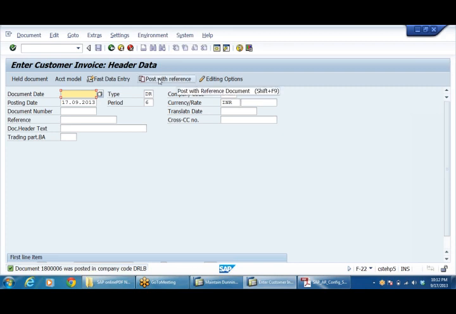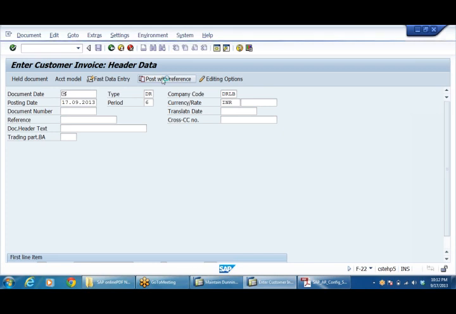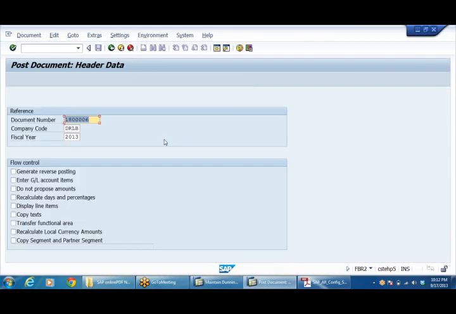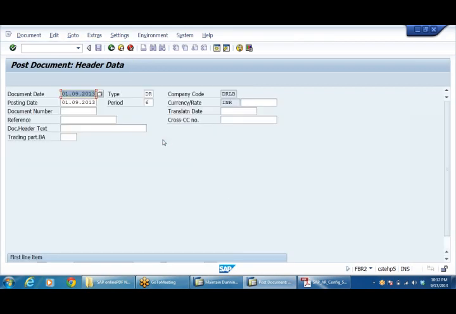Post with reference. At the time of GL we have seen one concept like post with reference.